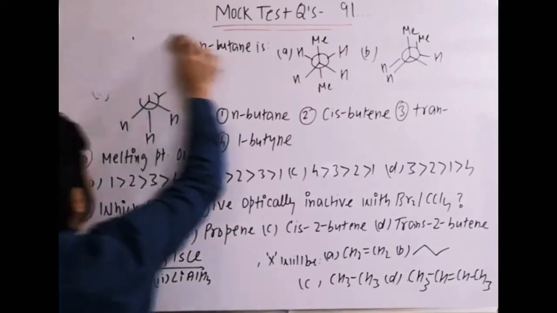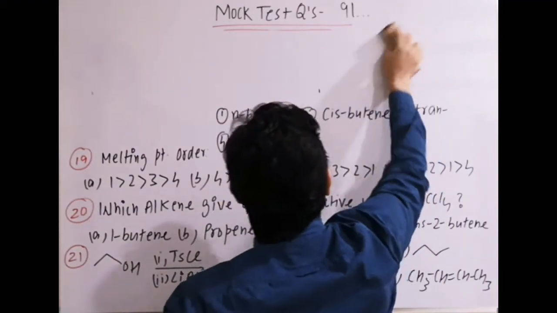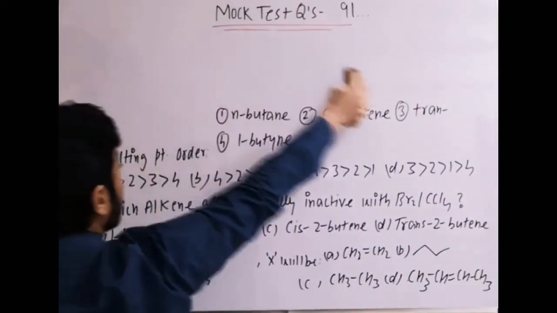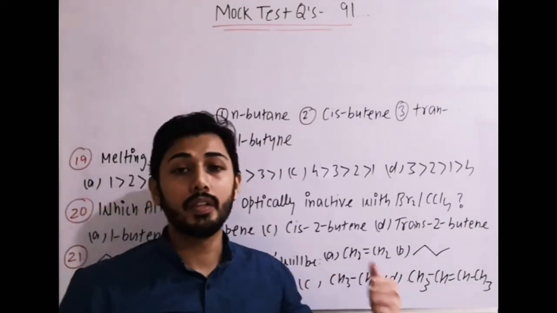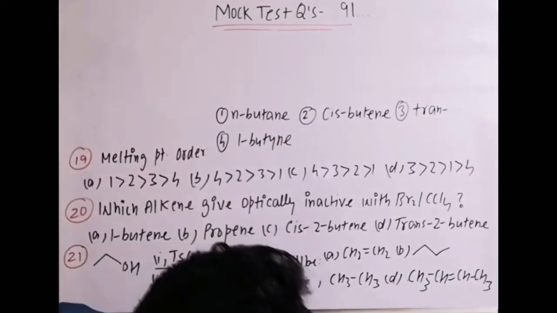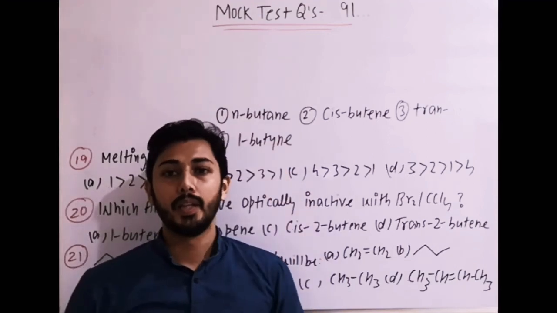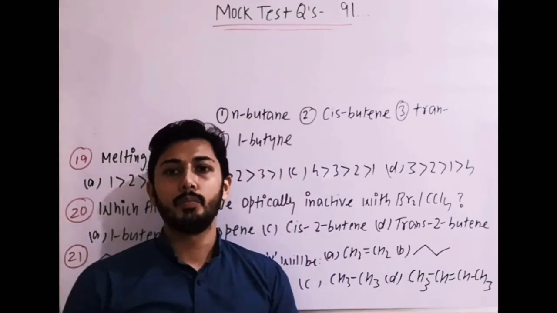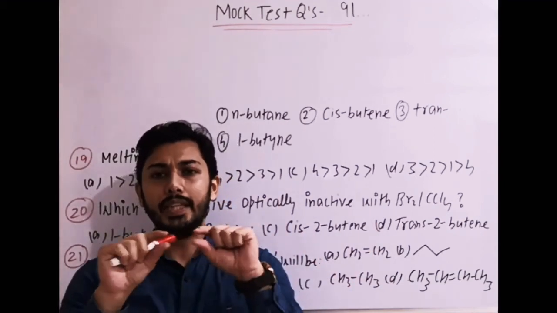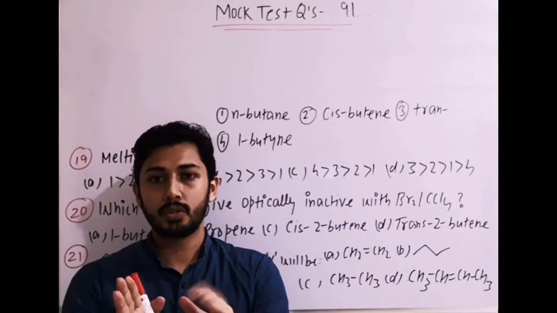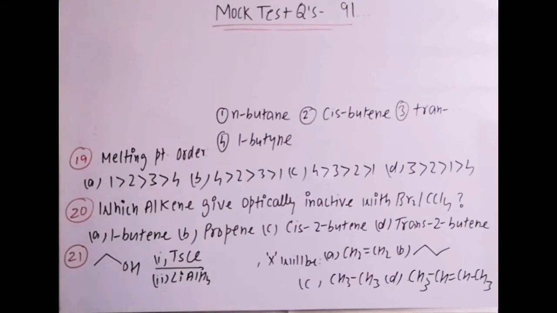The next question is melting point order. So go by the options. As per the options we can answer this question. Melting point order among them, you can see it is n-butane, an alkane, then butene, cis and trans, then 1-butyne. Now remember one thing, we have done a similar type of example in the initial mock test discussion, that a proper example was given in the statement type. So alkynes' boiling point is generally more than alkenes and alkanes. Similarly, its melting point is also higher. Why? Because it has a linear shape structure, better packing in the lattice. So the fourth should be maximum as compared to the other four-carbon compounds.